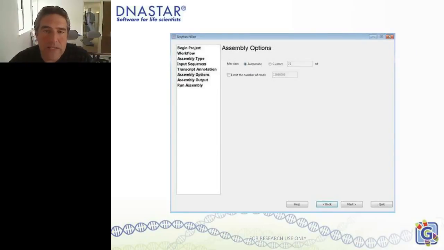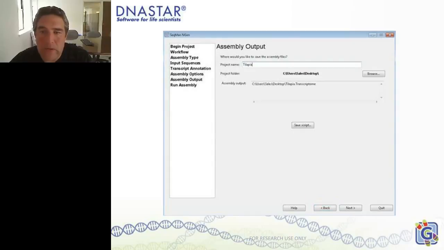And you can also see in the side panel, we get kind of a history. I can click on this side panel too and move back and forth through the wizard, something that's newer in some of the newer versions of SeqMan Engine. And so really limited parameters, and then I can just name what my output's going to be. This is a tilapia and where it's going to go, and my assembly output will be a .transcriptome folder. It's really a whole collection of assembled mRNAs and little editable project files, and then a table allows me to navigate. We put those all in a folder together, as well as the FASTA files of all the transcripts